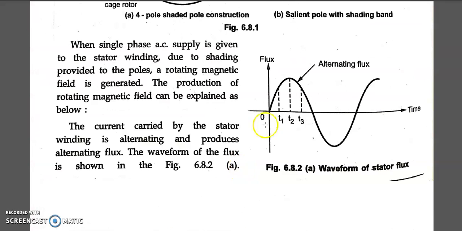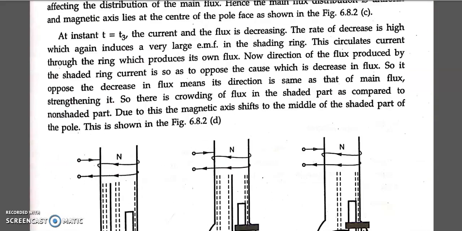Now let's see the diagram again. When t is equal to t2, you can see the rate of change of flux is 0, but here the rate of change of flux has a certain value. Yes or not? You can see the flux was changing continuously with respect to time, but when we reach its peak, the rate of change of flux is 0. With that knowledge, we shall see this.